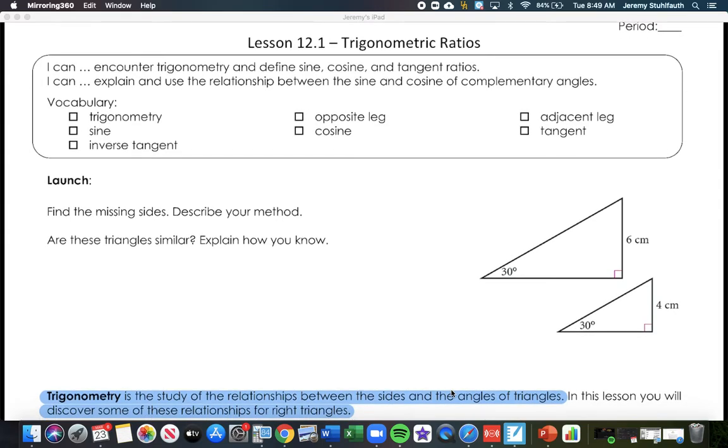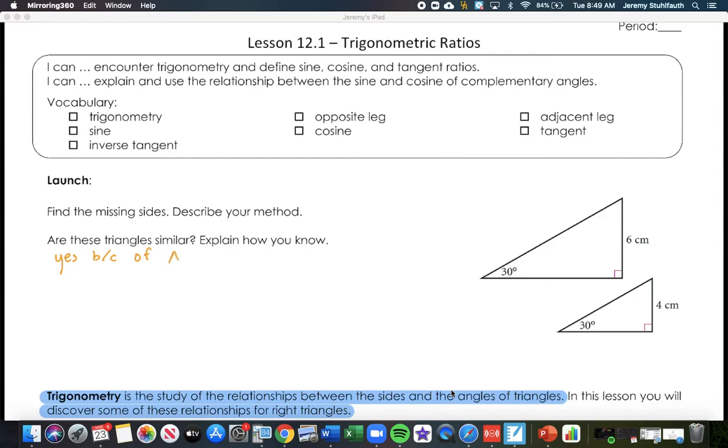So it says, find the missing sides. Describe your method. What we know is that these triangles are similar, and because they're similar, the sides are proportional. All right, so are these triangles similar? Yes, because